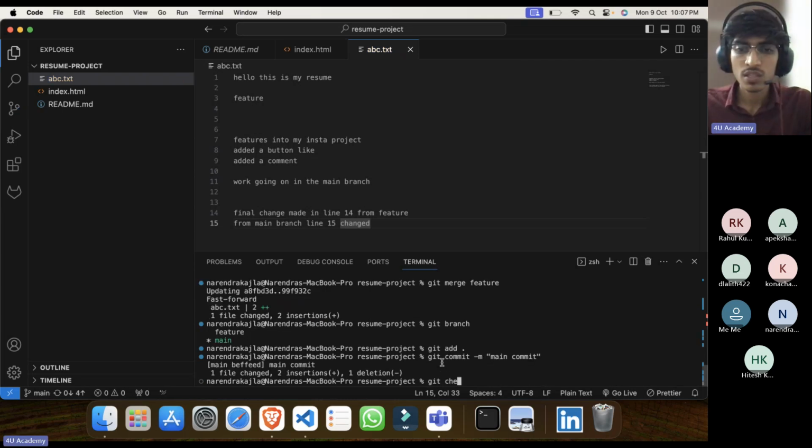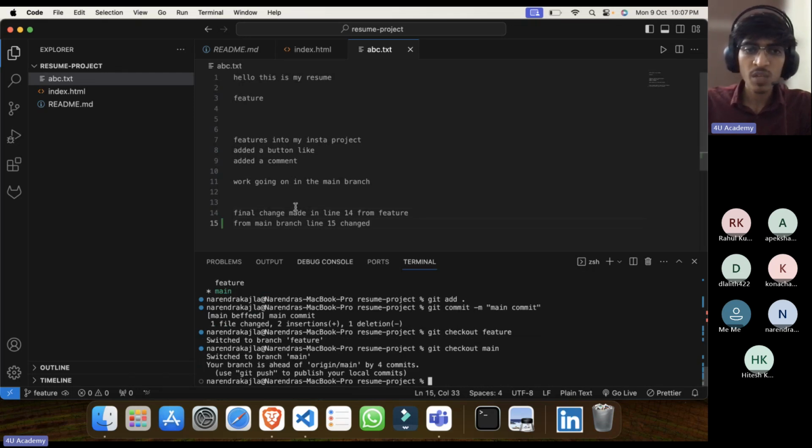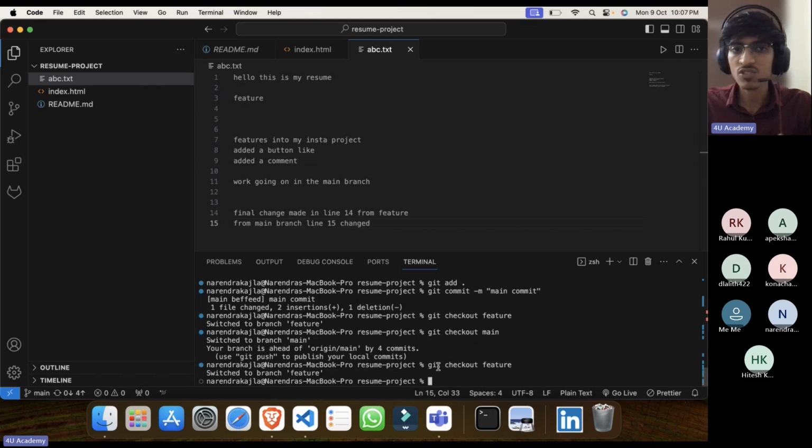Now let me go to that other branch. Someone was working on the main branch and changed line number 15. Let me show you again. In the main branch there is line number 15, but when I go to the feature branch, this line is not there.